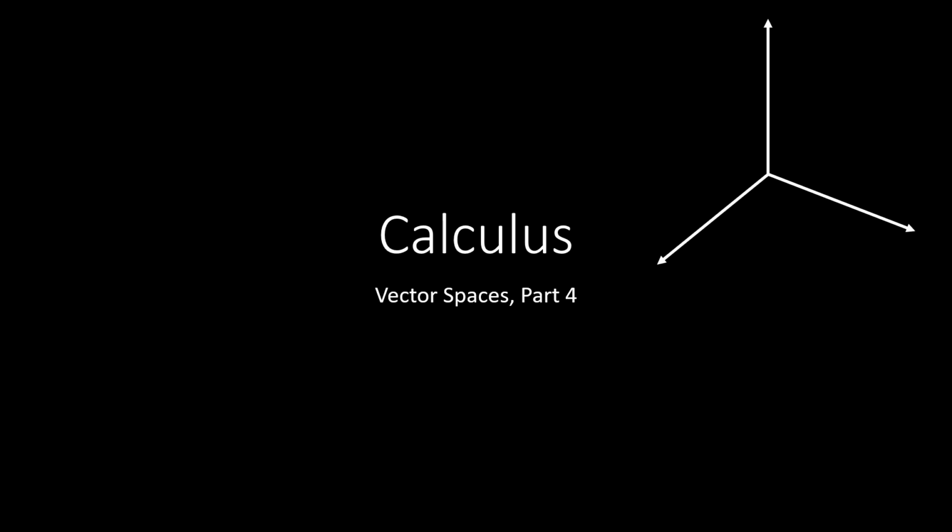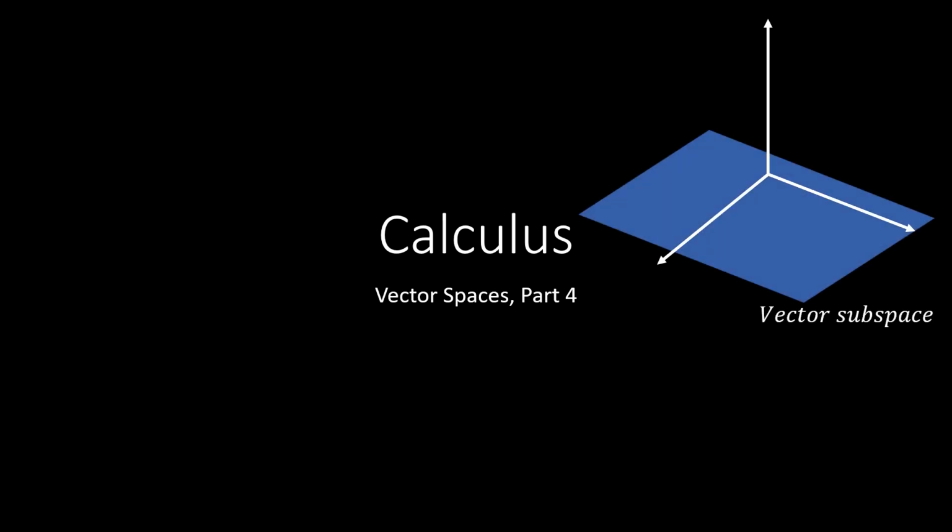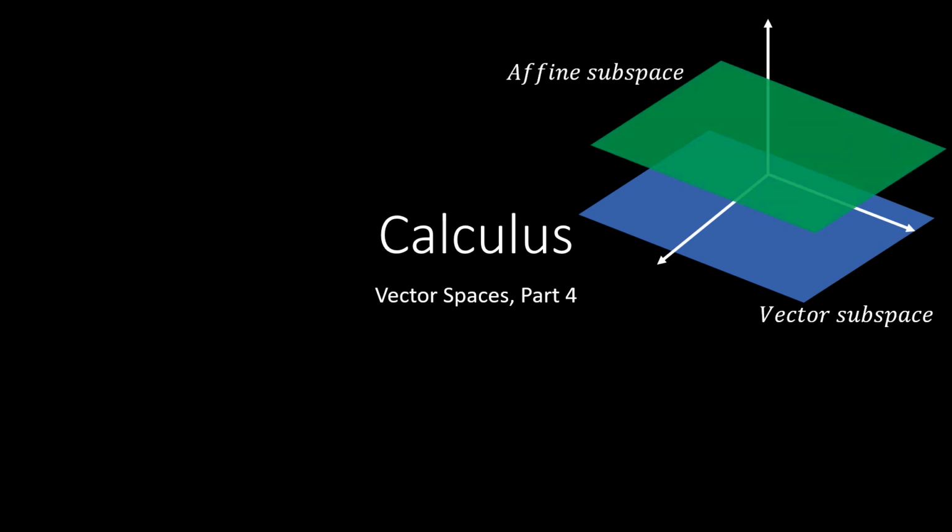So, for example, if we have our Euclidean space, a three-dimensional space, and then we do have a vector subspace, which are simply planes that go through the origin. When we do a translation of that vector space into subspaces that don't include the origin, then we have what we call the affine subspaces. Now, a combination of all these planes that include both vector subspaces and affine subspaces, this is what we call